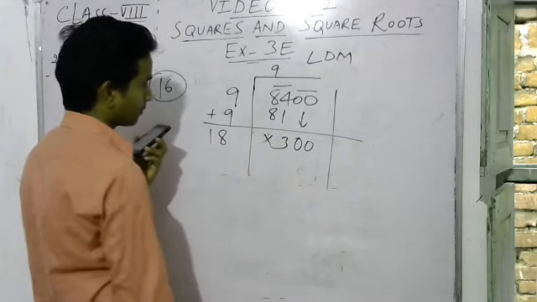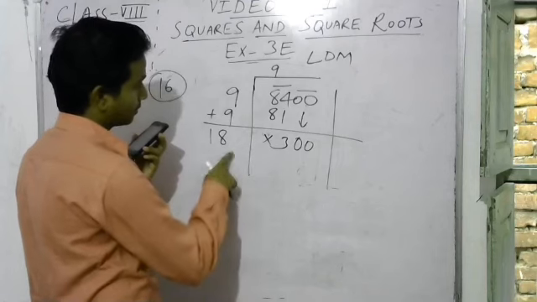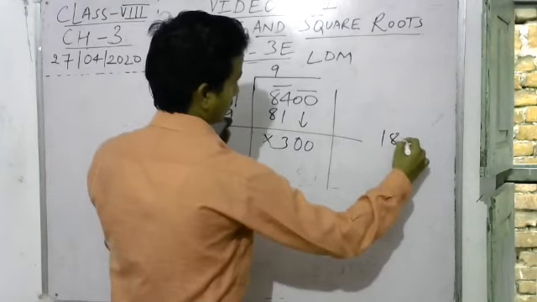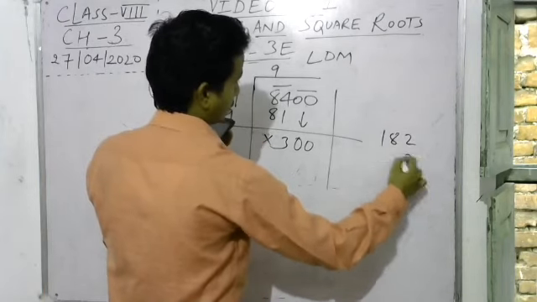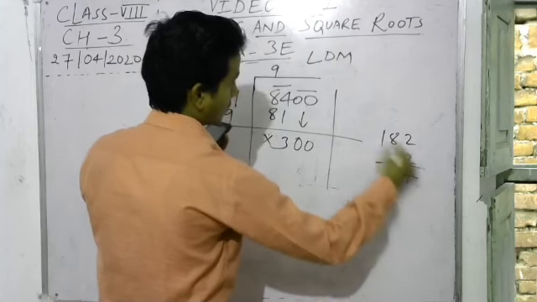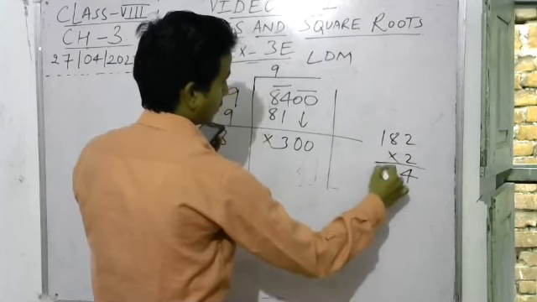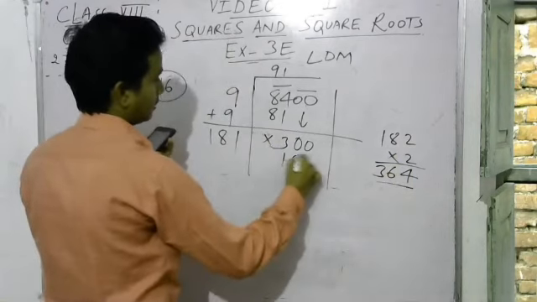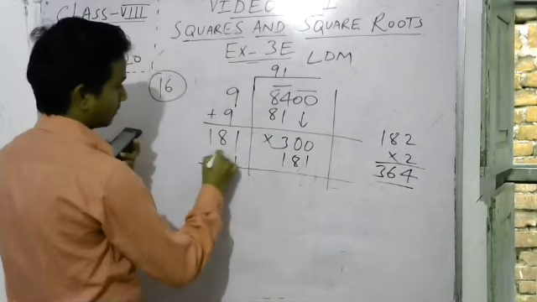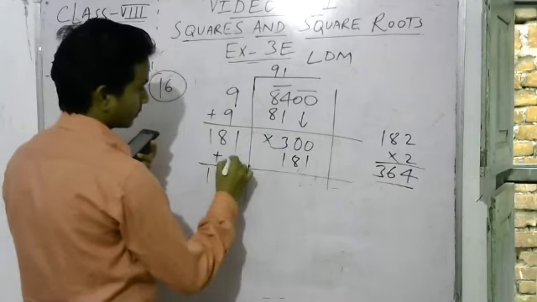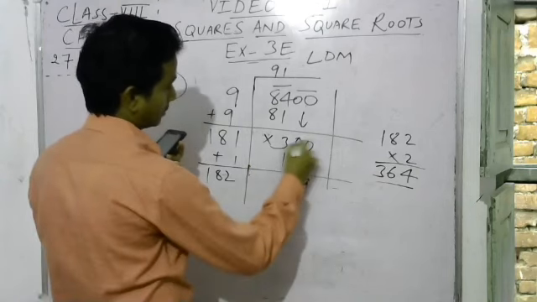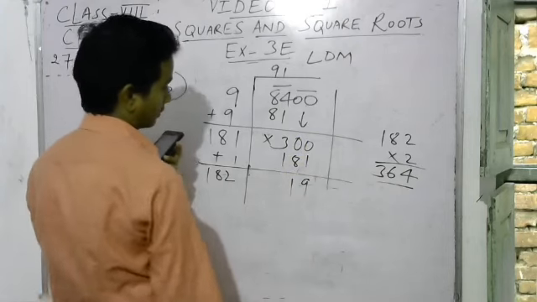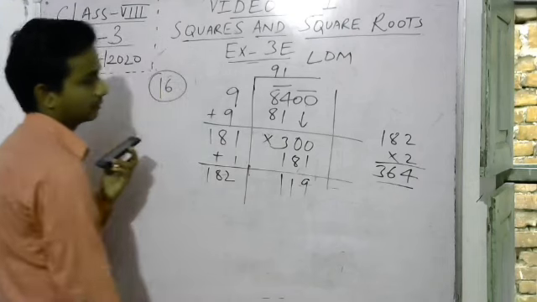Now by what number should we apply here? 2, 18, let's say 2. 2 times 2 is 4, 2 8s are 16, 2 1s are 2, giving 3 and 3... it's greater than 300. So we have to apply 1 instead. So 181. We have to add this 1, 182, and subtract it. 9 minus 8 is 1, and 2 minus 1 is 1, giving 119.